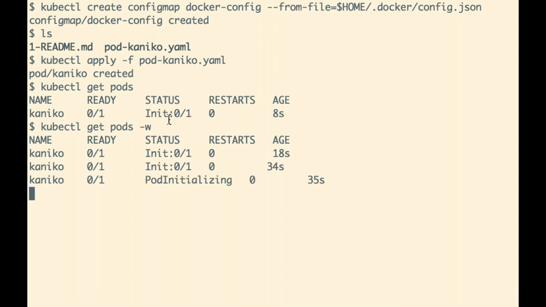It's still working. Yes, the pod is getting initialized now. It's running. Basically, the image is getting built now. So let's look at the logs of the pod as well, meanwhile. I can say kubectl logs and the pod name there.